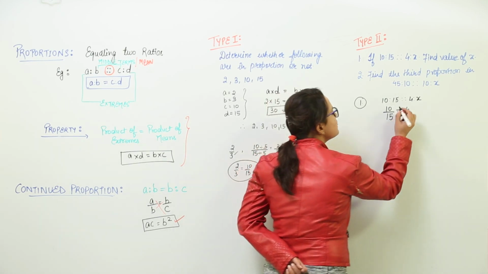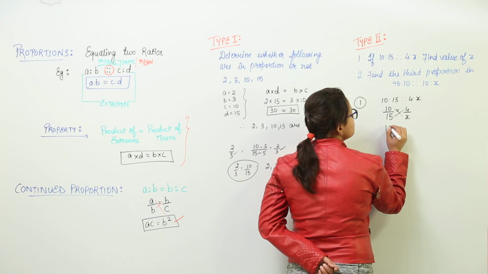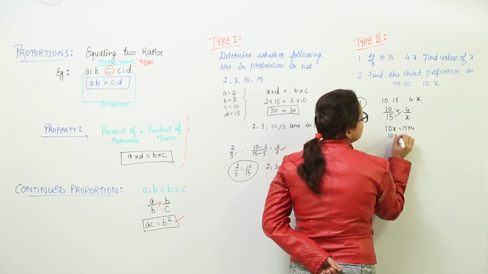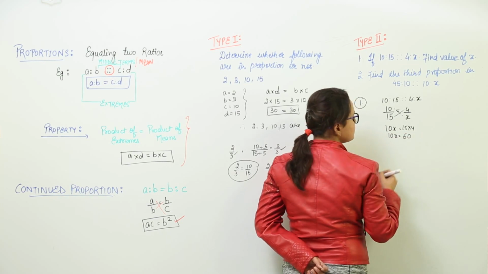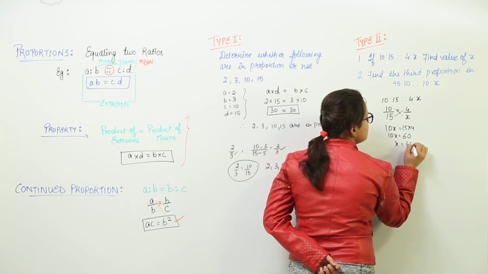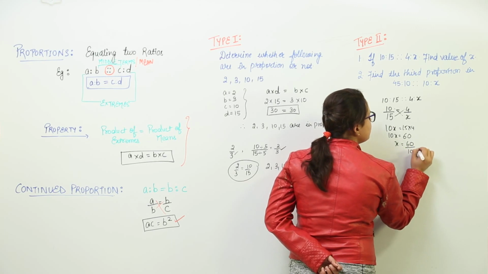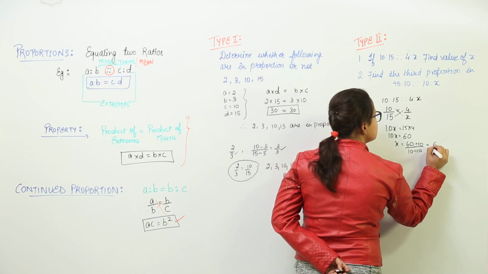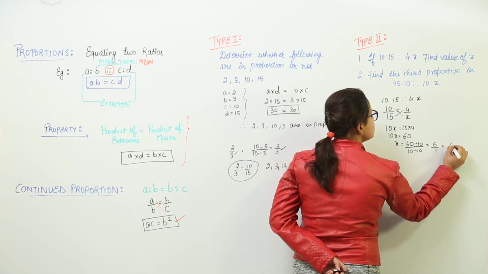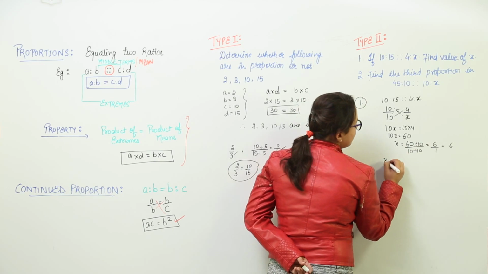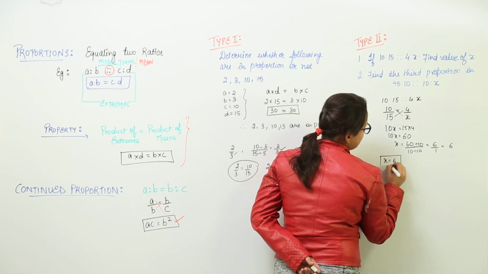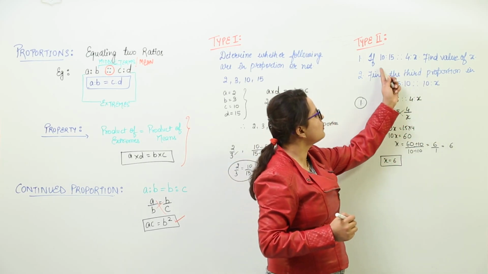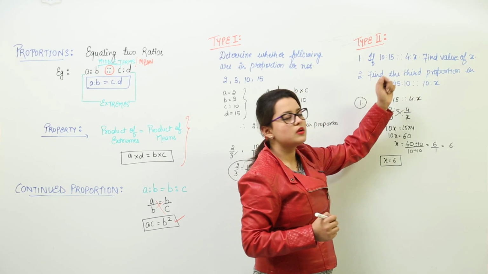Now we will just cross multiply them and we will get 10x equal to 15 into 4. 10x is equal to 15 fours are 60, and x would come equal to 60 over 10, divided by 10 each. Because they have the factor 10 common, we get 6 upon 1, that is 6 only. So what is the value of x if all the four are in proportion? It should be 6. Then all the four values for this question will be in proportion.